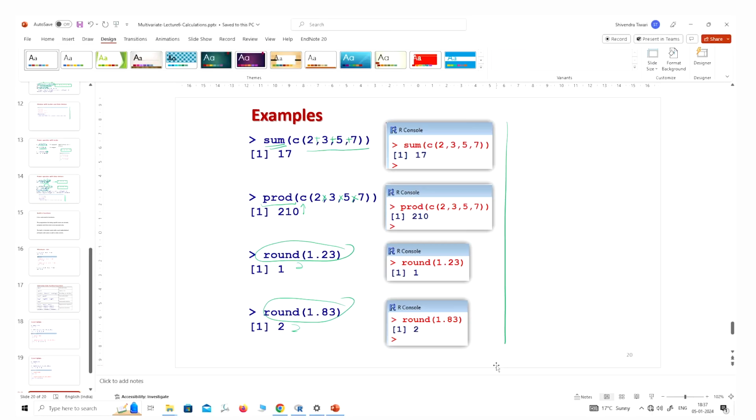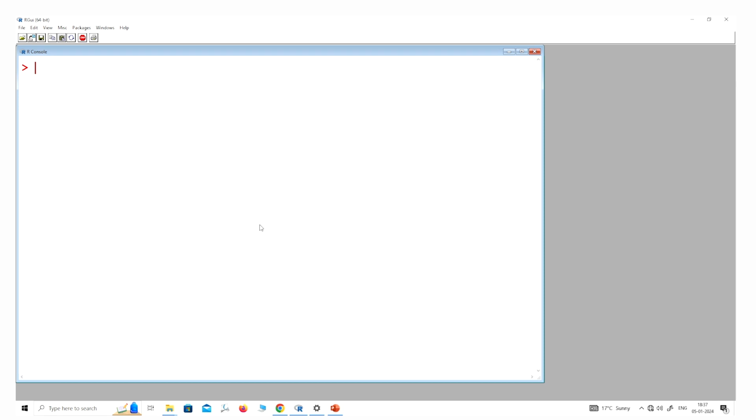So, these are the different screenshots. And now I will give you a quick illustration inside the R software, so you can feel more confident. Suppose I say the absolute value of -2, you can see this comes out to be 2. And if I write a data vector c of -2, -3, 4 and 5, this will come out to be 2, 3, 4 and 5. Similarly, the square root of 9 is 3. And if I take the square root of a data vector, say 4, 9, 16, 25, it will be 2, 3, 4, 5.